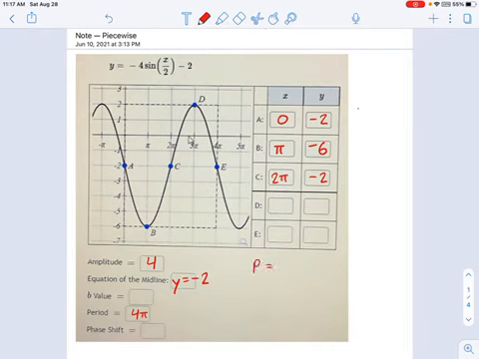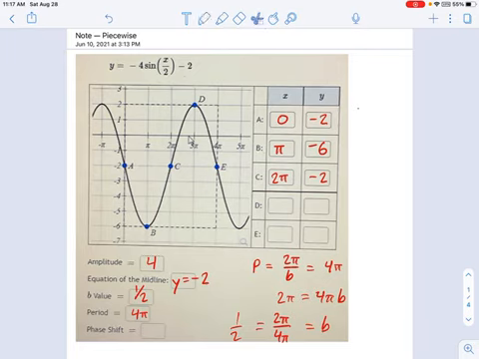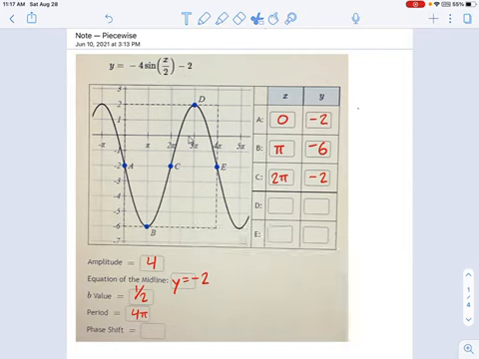So the period equals, remember that's 2 pi over b, and that's 4 pi. So solve it for b. That gives us 2 pi equals 4 pi times b. Divide each side by 4 pi, and you get 2 pi over 4 pi on the left equals b. Now 2 pi over 4 pi is just 1/2. So this is how you would graphically figure out what b is without looking at the equation. But if you were just looking at the equation, well, b is obvious, right? b is just the number that's multiplied by x. So if you're looking at an equation, b is easy. If you're looking at a graph, period is easy. And each one of those can lead you to the other one.